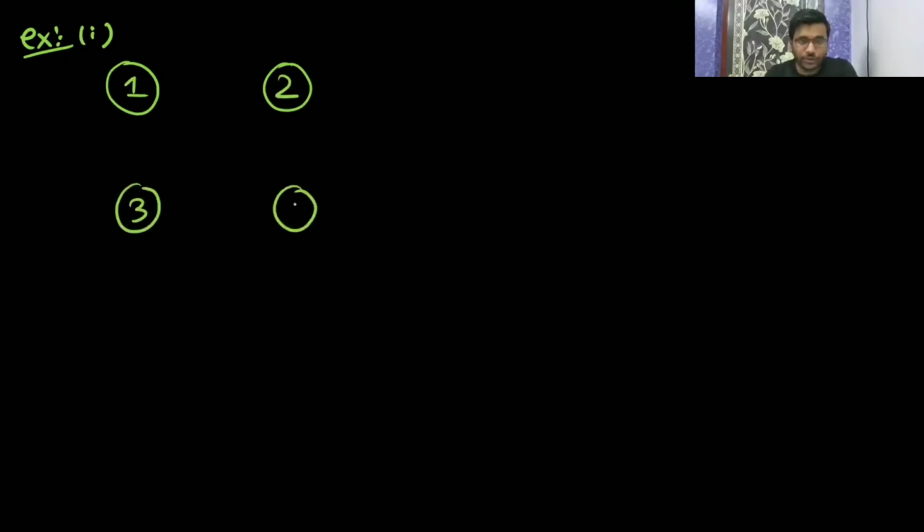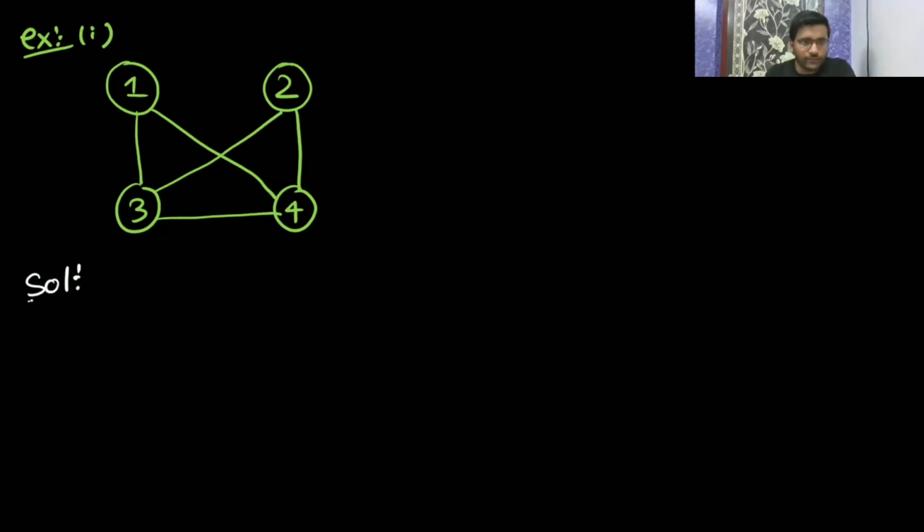Now take the first example. Your first example is a graph with nodes 1, 2, 3, 4. They have given a graph. You can apply the Kirchhoff law to any graph, whether it is a complete graph or not. But for a complete graph, we have a direct formula, that's why we directly use it. But you can apply this in a complete graph also. But to save our time, we don't apply it.